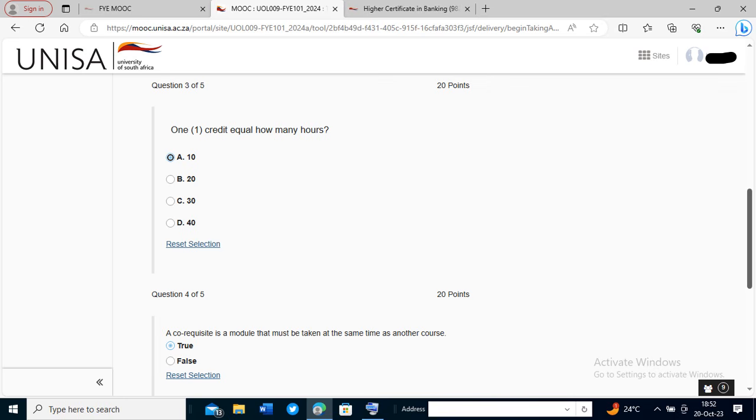So which means that you need to complete a certain module, and then after completing it, next semester you can register for the next module because you've completed the first one. But if you failed that first module, then you cannot apply for that second module. It's more like back in high school, where you started from grade 8, then we moved to grade 9 and so on. If there was no prerequisite, you would just move from grade 8 to grade 12